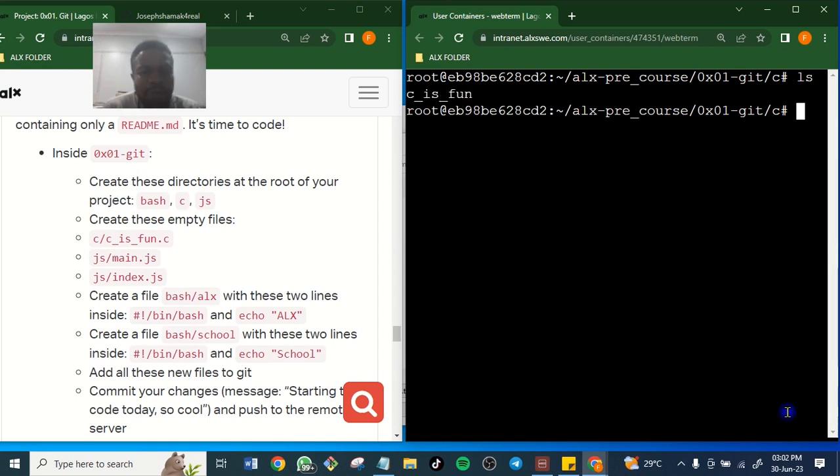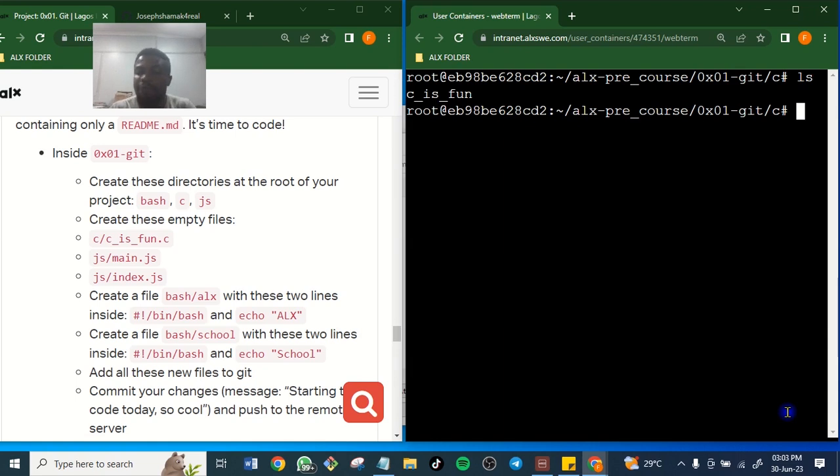Some of you that you are confused, you are looking for the file. I created this file. I was in a huddle with some people, and some people were complaining. I told them it is there. When you cd into it, it is because you did not know that it has to look for what? Its branch. It has to look for where it belongs. It's a C language. C/c is fun, is a what? C language. So it looked for the C directory and entered into C. So now we have cd'd into C, and we are right now inside our C directory.